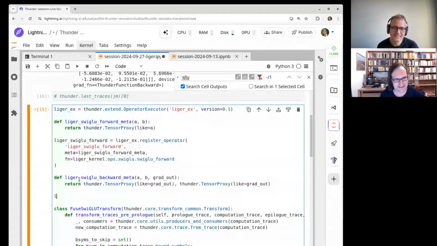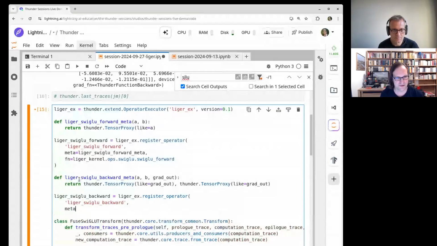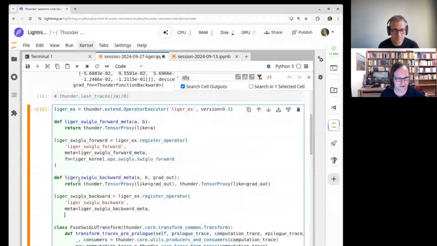But now we also need to get the operator. So Thunder swiglu backward is the operator, and it has the name again, and the meta function is our meta function, and the implementation is Liger kernel ops swiglu.